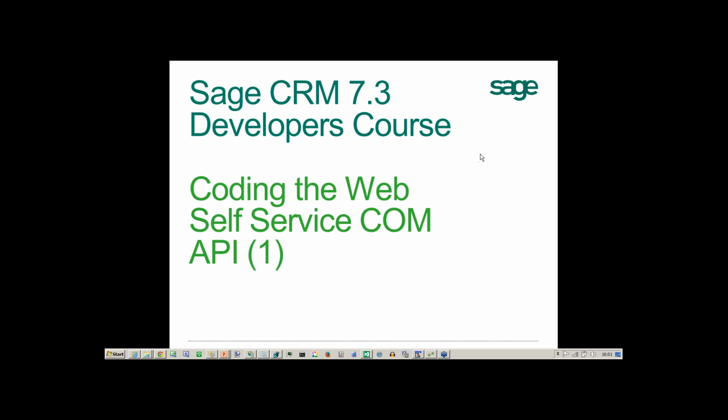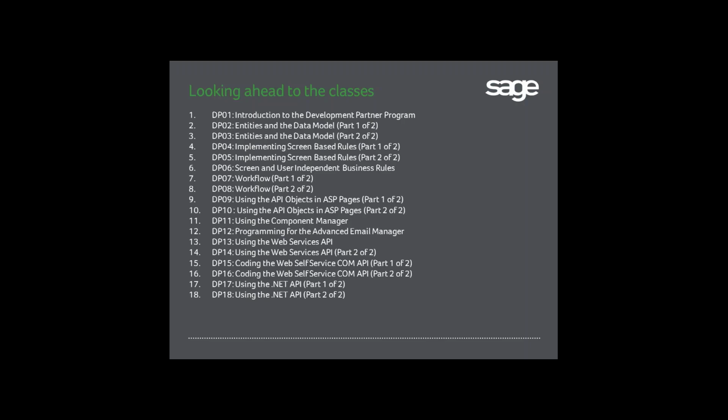So welcome. This is the first of two lessons that is going to be looking at coding with the web self-service API. This is a COM API, so we're going to be dealing with essentially things that build on our experience of using ASP pages already. So we're going to be using methods and objects and properties very similar to the type of thing that we looked at in all of the ASP pages and also the lessons that we dealt with when we were considering